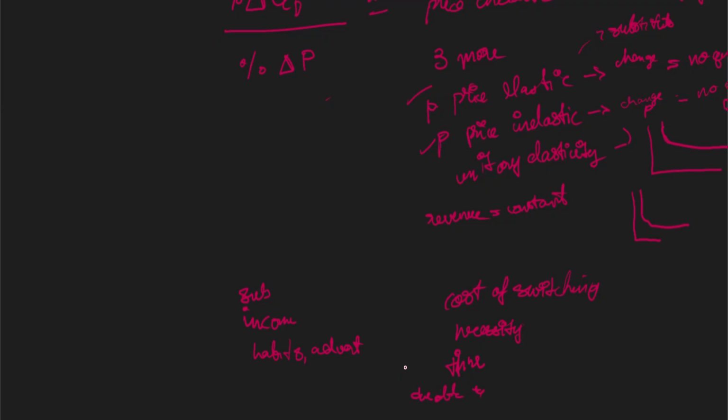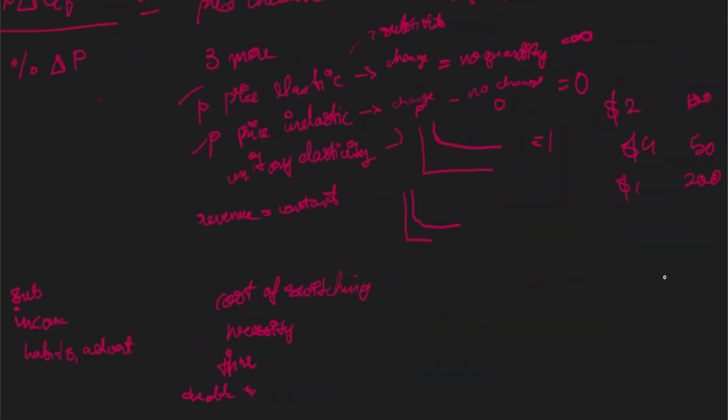And then also the breadth of definition of a product. So it seems quite complicated, but that basically refers to how wide your scope of view is or how wide your category is. Because the more things you have, the more price inelastic it tends to be. So if you look at the overall demand for fruits, so now apples, bananas, mangoes, oranges, grapefruits, what else? All of that, if you tend to look at the demand, that will be price inelastic. But if you look at apples individually, that will tend to be more price elastic,